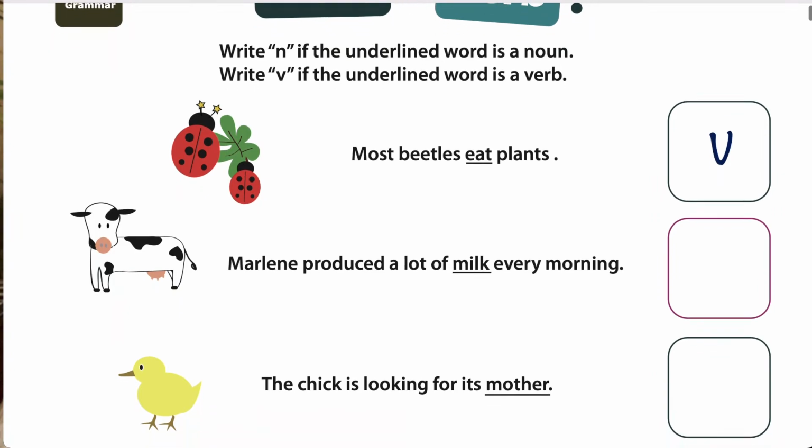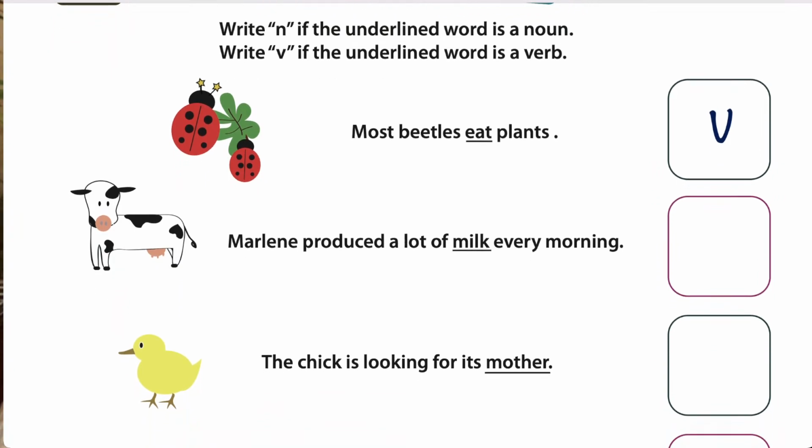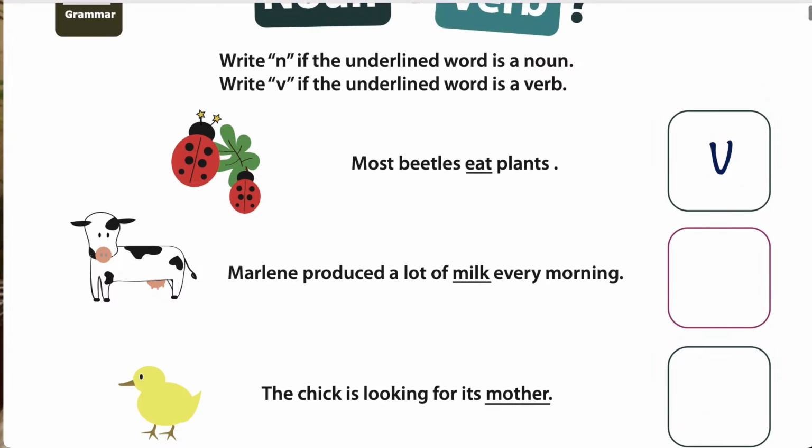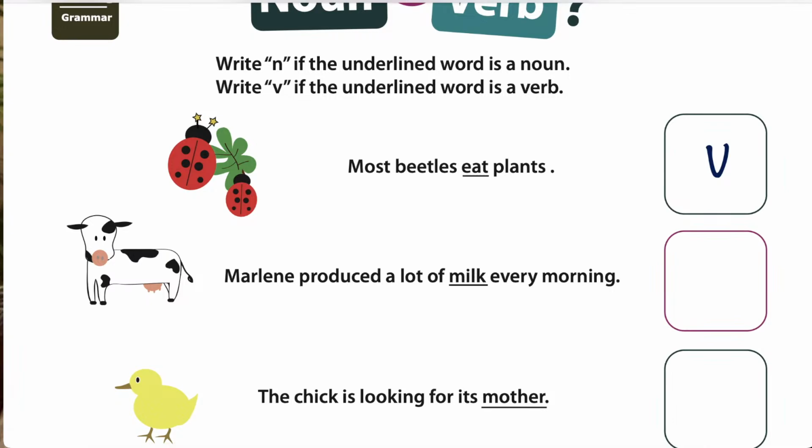Now it's up to you to go through the rest. So noun or verb, an N or a V, right? Let's put both of those up there so we've got both of them available so we know what we're doing. All right, so we've got a noun or a verb, and then just go ahead and place the N or the V